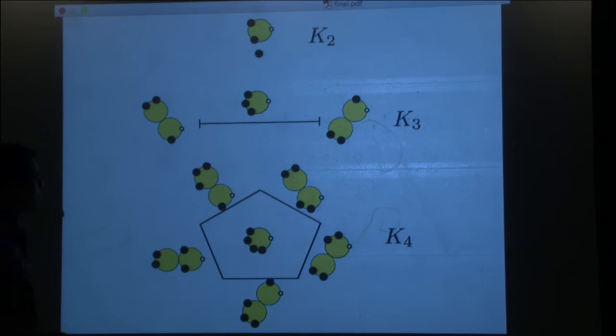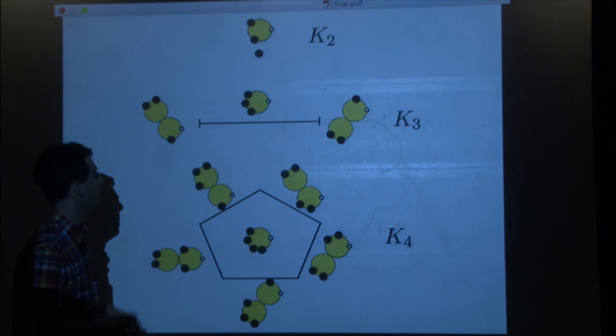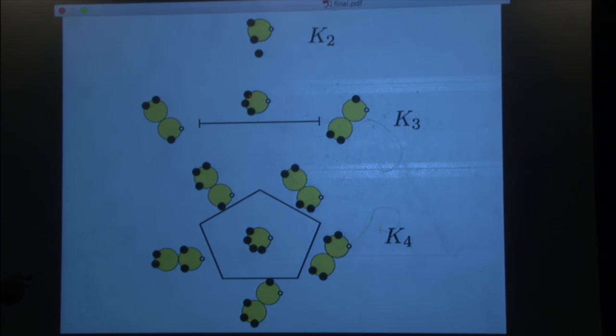In fact, it's just an interval, and the endpoints of the interval correspond to either the middle and top marked points colliding, so you sprout this bubble, or the bottom and middle points colliding, and so forth. K4 is a pentagon, K5 is some polyhedron, and each of these